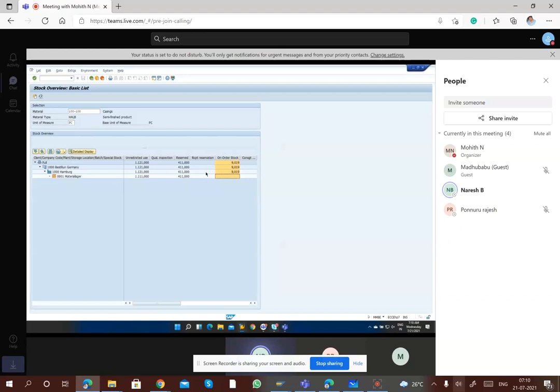Mohit, we did this activity in a complete delivery activity. If we require the quantity again, should we go for another fresh PO or can we raise it here only? Exactly. You can even amend the rest of the quantity in the same PO. But if it is a new requirement, you can raise a new PO also. Same quantity, same material, you can. If you require, you can amend a new line item.